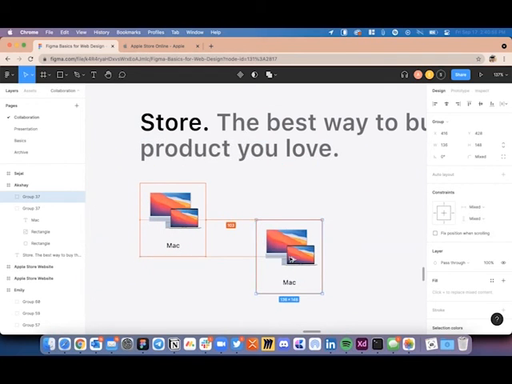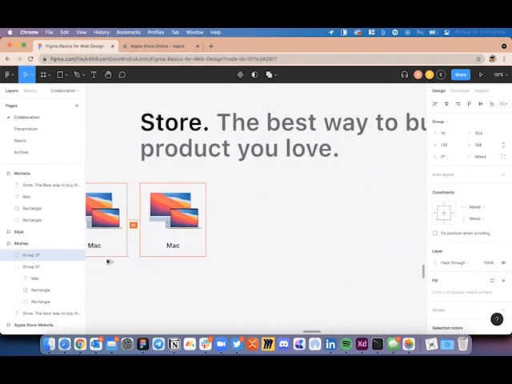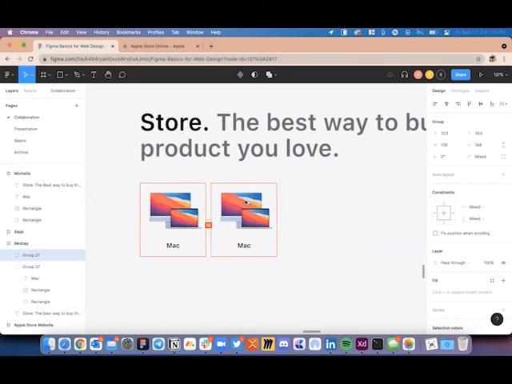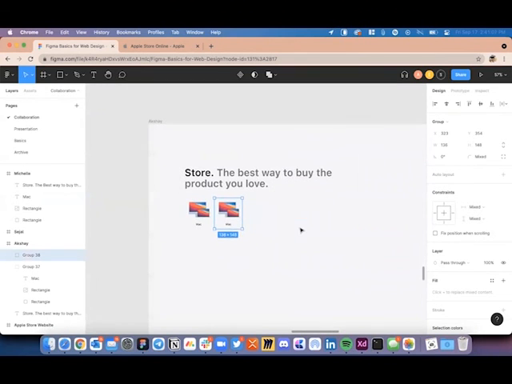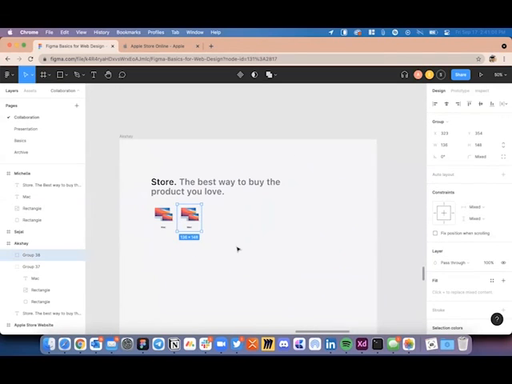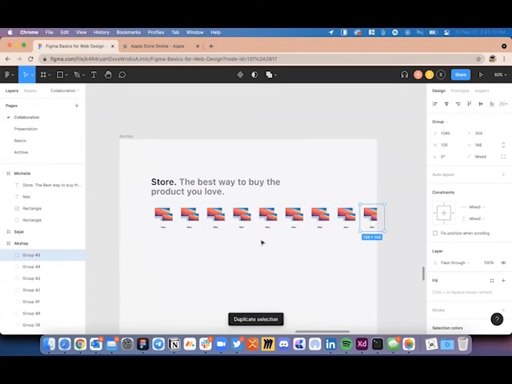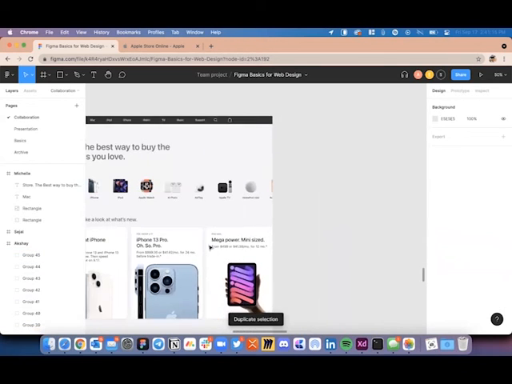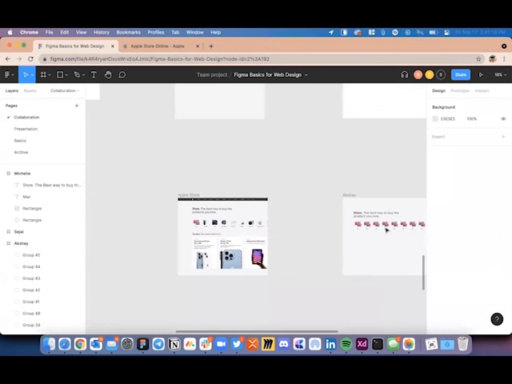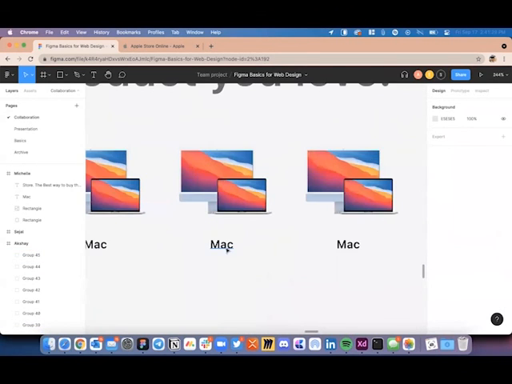But if you hold the Shift key, it will just go in either a vertical line or a horizontal line. Once you have done that, you just need to use Control D or Command D to create duplicates. And then the only thing that you need to keep changing is, say,